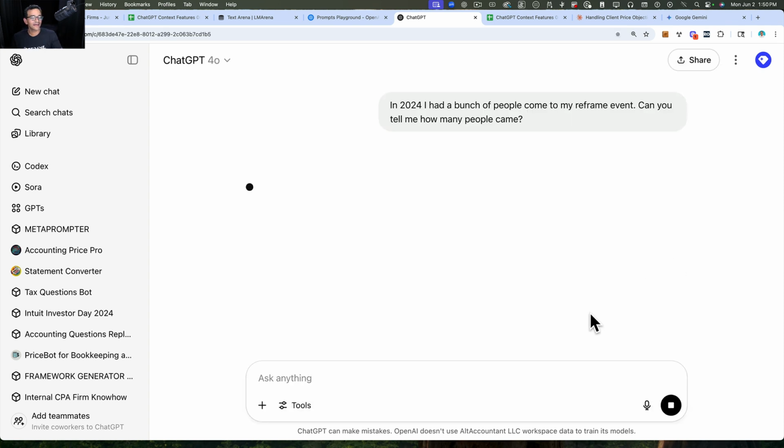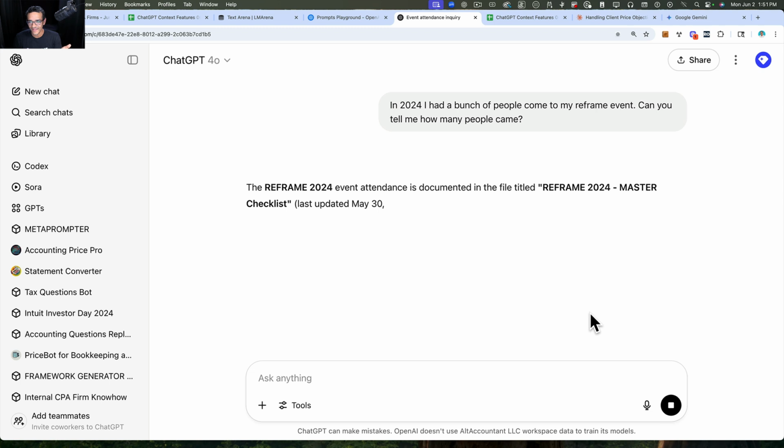So this thing is going to have to go find a spreadsheet somewhere that has a count of how many people, and it's going to try to figure that out, right? Like it's going to go through and rummage through all my documents and get that information, give me the answer, and then give me the document that I read it from, okay? I want to see if it says it right. It was like 125 people. So let's see if it gets close. We'll see. So we'll let that answer.